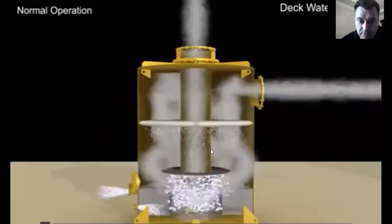The deck seal, again, I will continue to show you, is working like your toilet. Yeah, so everything is going in, but nothing is going out. The water pressure takes that. It's a deck water seal. So please check carefully. Once again, I will explain. I will show you. Just return and